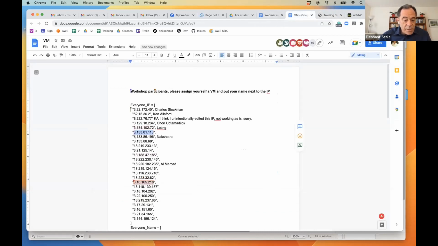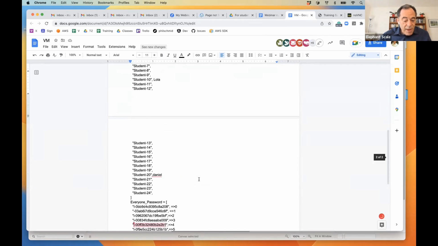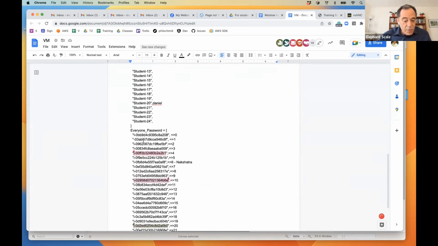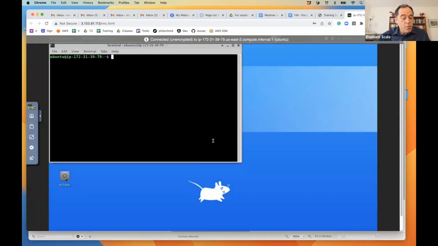Okay, now that is this VM that I used. It's 0, 1, 2, 3, 4, 5. So if I go here, I'm student 5, and the password is 0, 1, 2, 3, 4, 5. That is the password. Oh, somebody very nicely already numbered them. That's very nice. Yes, thank you. I promise that I will work on the Terraform script to do a better output, but I didn't do it. But in any case, that would be the password. And that's how you use this password. Just put it in and okay, it works.